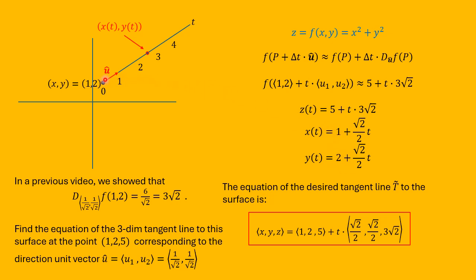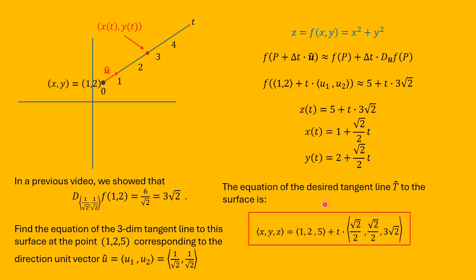And if we move a distance t along here, then the x change and the y change are both going to be the square root of 2 over 2 times t. So we have formulas here then for x, y, and z for that line in 3-dimensional space, that tangent line that we're looking for. So writing this system of equations in vector form, we can say that the equation of